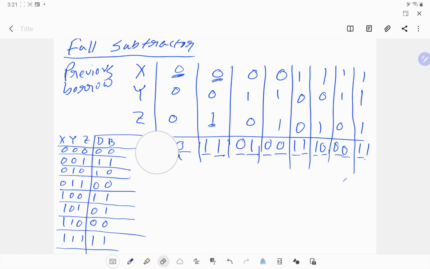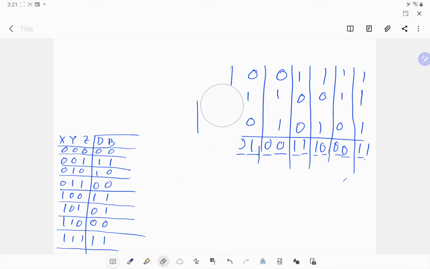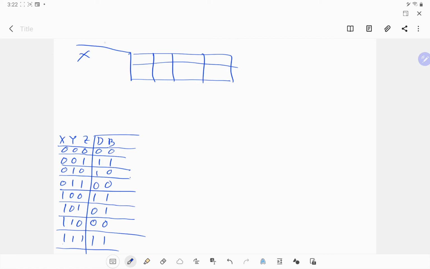Now we need space, and let's design the circuit now. Okay, so for that, we need the K-map. X, Y, Z. So for difference, we get here 0 1 0 1 1 0 0 1 1 0 1 0 0 1 1 0 0 1. Okay, so